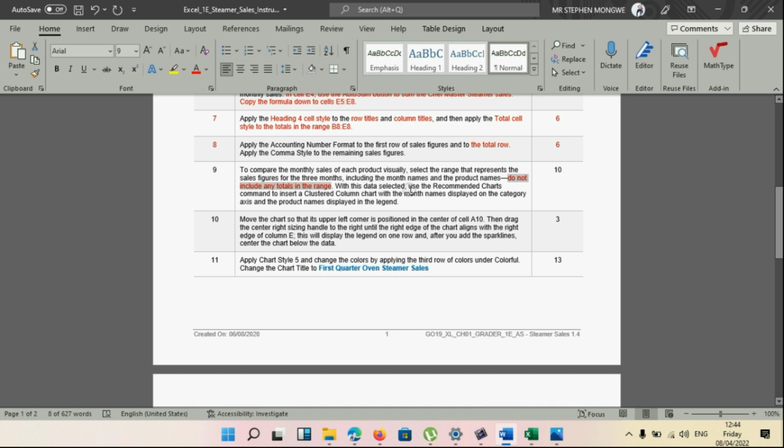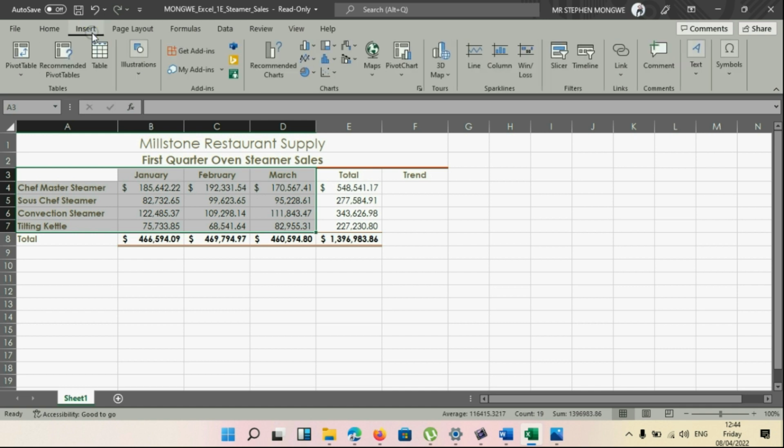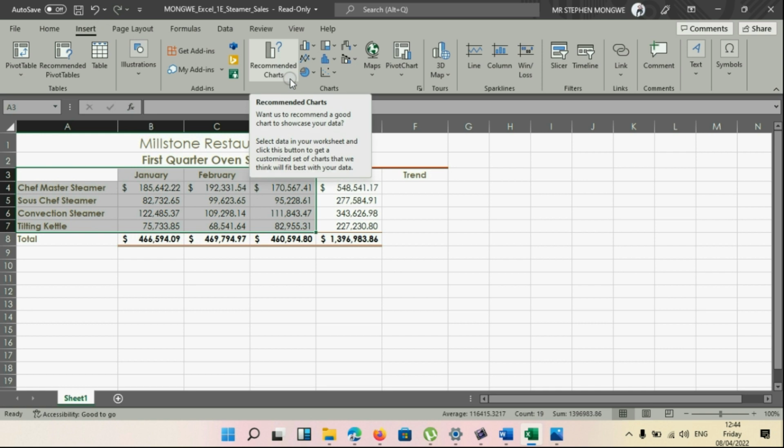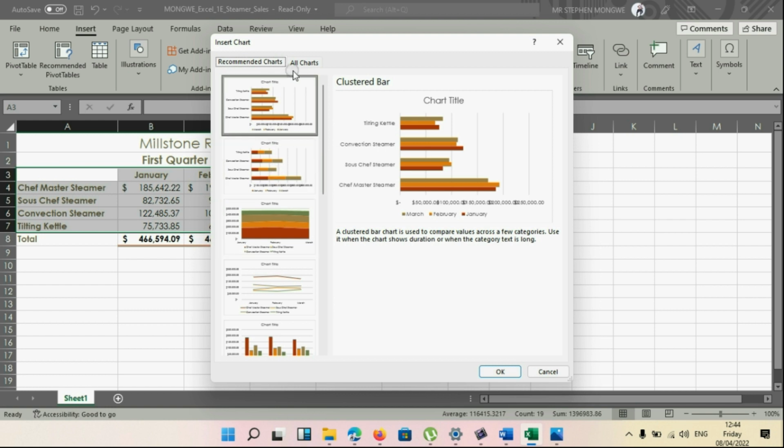They say, with this data selected, use the recommended charts command and insert the clustered column chart. So now this time around we're going to come here with this data selected, we are going straight to insert. Okay, now you can see here there's where they wrote recommended charts. I'm going to click here at the recommended charts. Right, we're going to come this side, or you can just come here straight downwards where you can see this